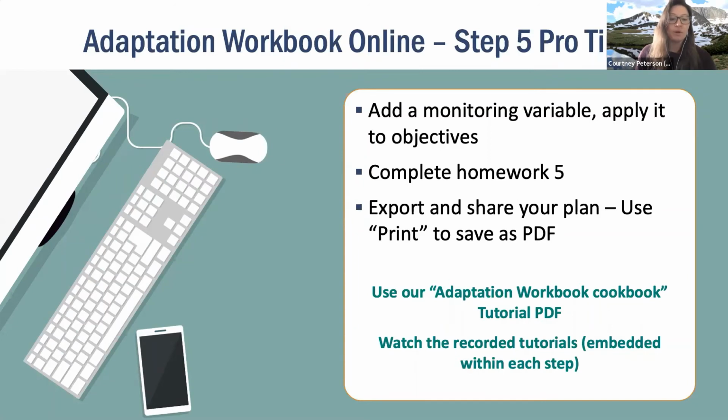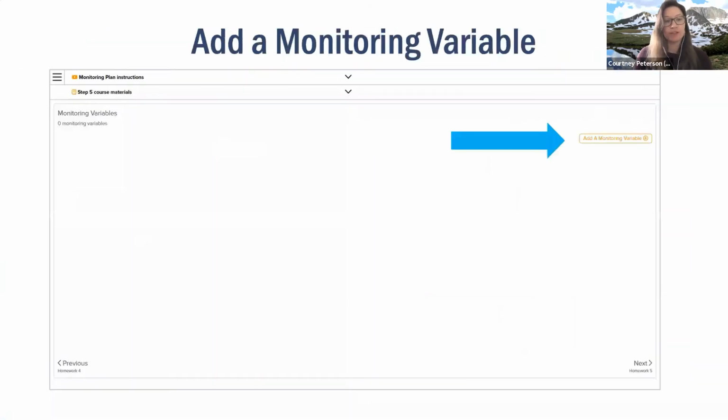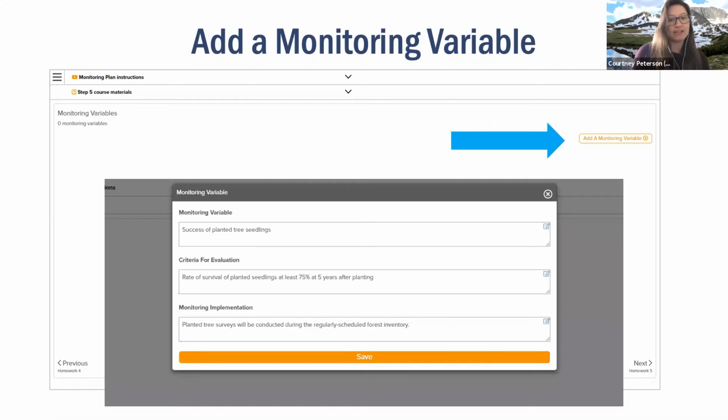And so when you log into the adaptation workbook and you pull up step 5, you'll see that there is the option to add a monitoring variable. And so you'll click on that orange box and it'll pull up a different box for you to input all